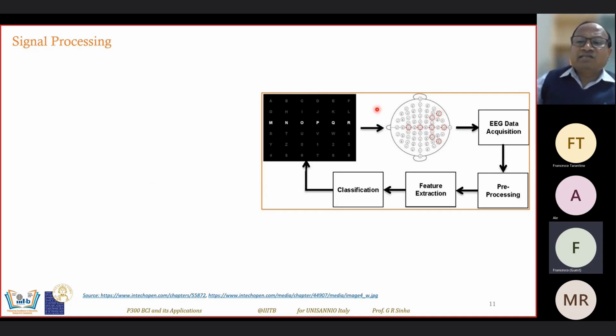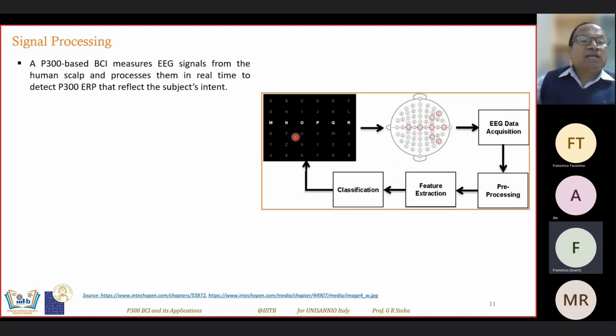You look at this interesting picture where only on one row there are some letters which are displayed. That creates a stimulus, which goes to the brain. EEG data is acquired and goes to pre-processing. We extract the features. Features are sent to the classifier, and then it goes back. And then P300 measures EEG from the human scalp and processes it in real time to detect P300 and reflect